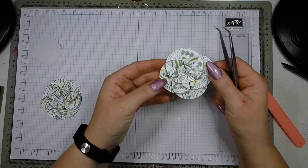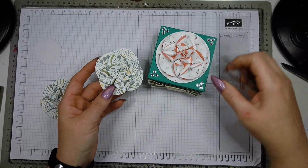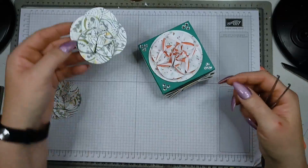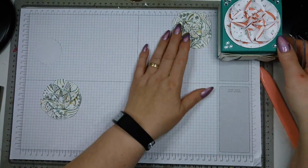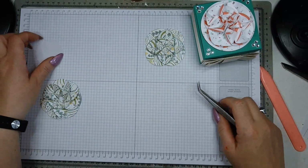So this is your first medallion. This is one way to do it, but I actually created the 3D effect here, and I'm going to show you in a minute. This just needs to dry a bit, so I'm setting this aside, but this is the arrangement for this. And the second one